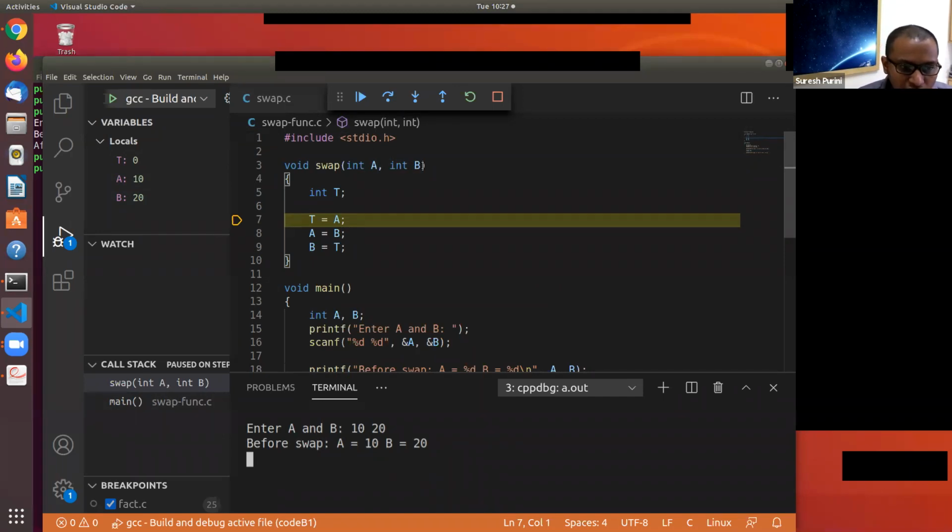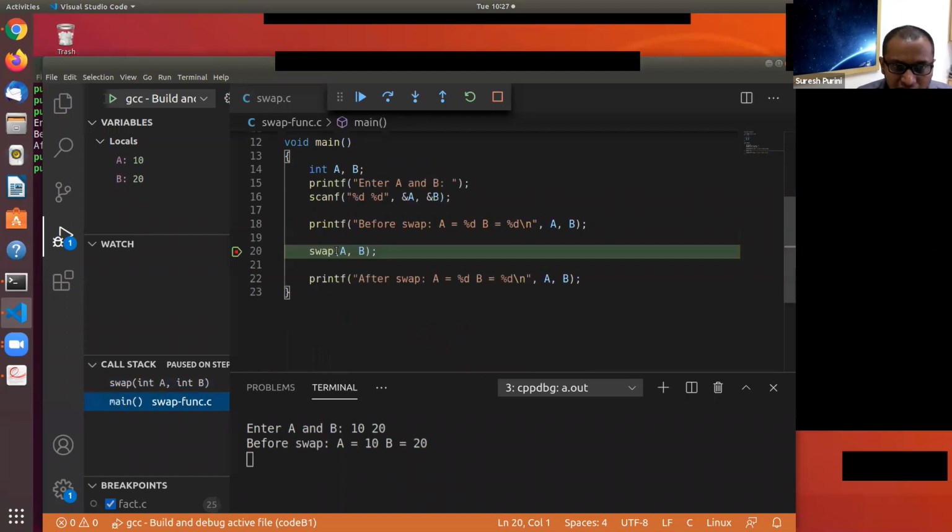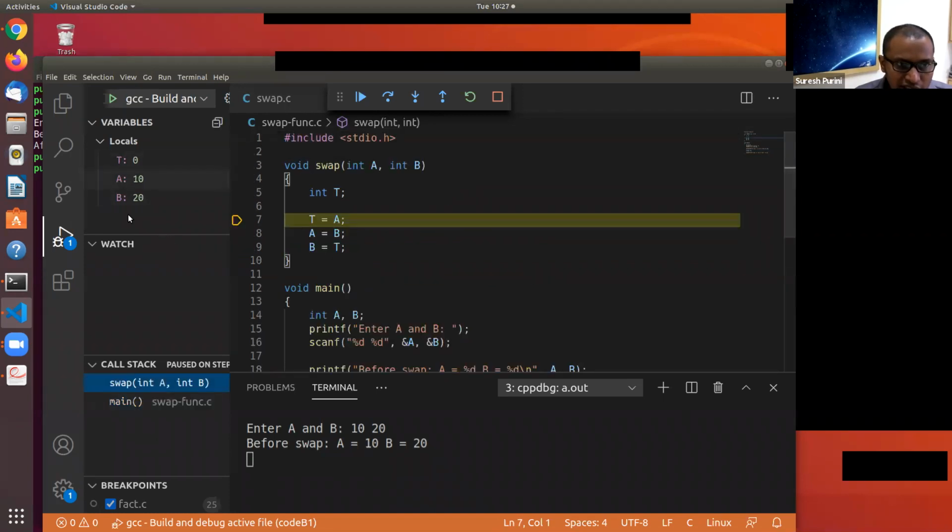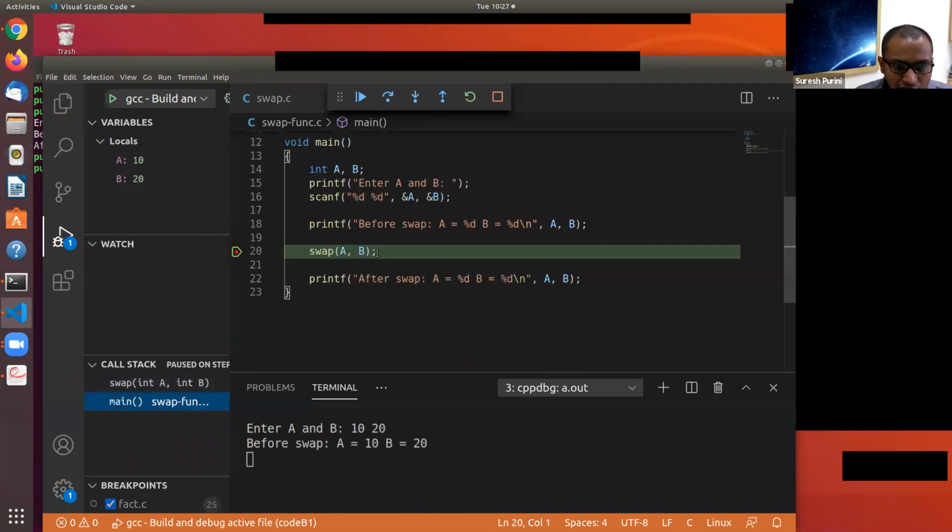When the function is called, the values with which we call it, 10 and 20, are copied into these A and B that you are seeing on the stack. They are different from the variables A and B in the activation record associated with main.